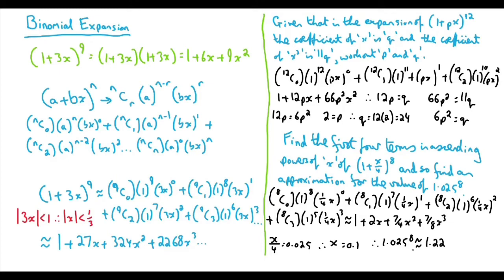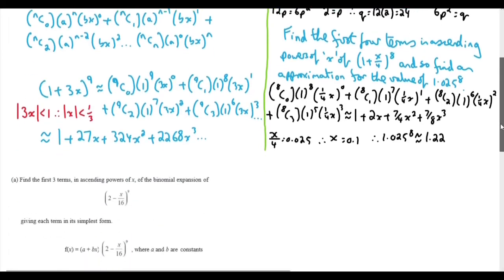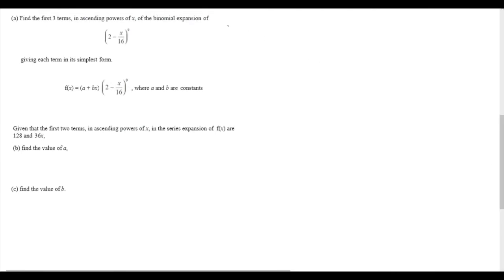Good with that? Let's just wrap up by looking at an actual question. So here we are told to find the first three terms in ascending powers of x of the binomial expansion of (2 minus x over 16) to the power of 9, giving each term in its simplest form. Well, in this case, if we're just going to do the first 3 terms, we'll start off with our 9,